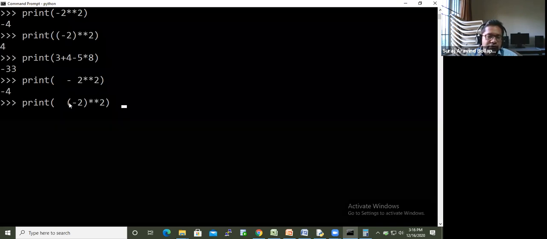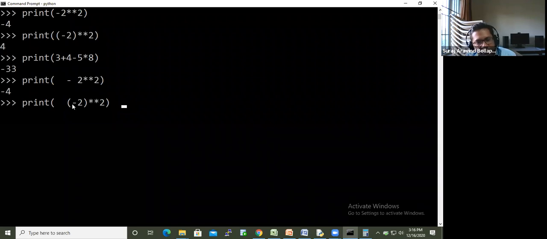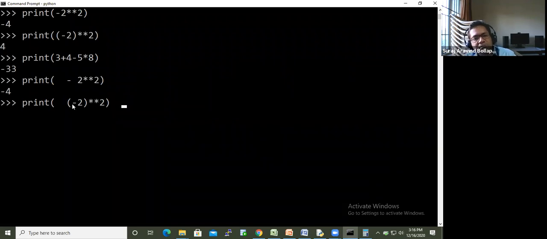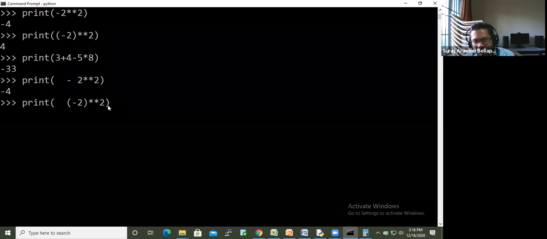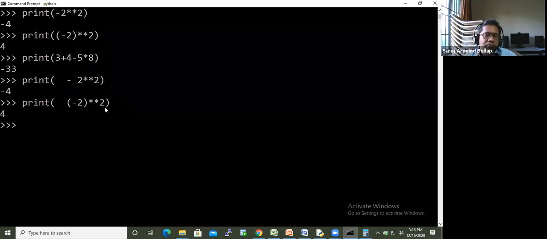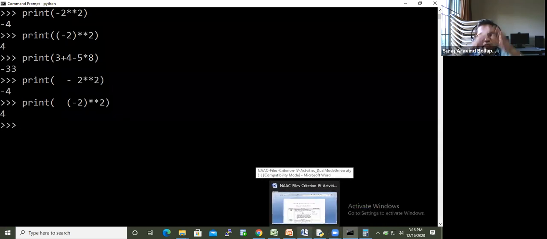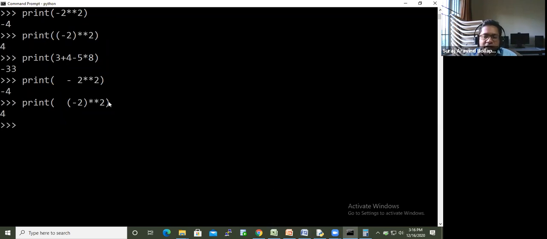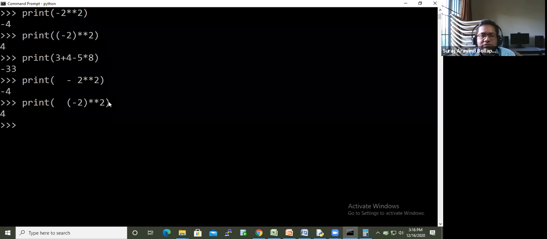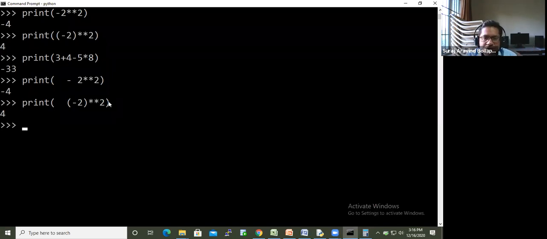Now the interpreter calculates minus 2 multiplied by minus 2. Precedence has a big list; this is for arithmetic operators. Can I combine arithmetic, logical, relational, binary operators all into one expression? You can.